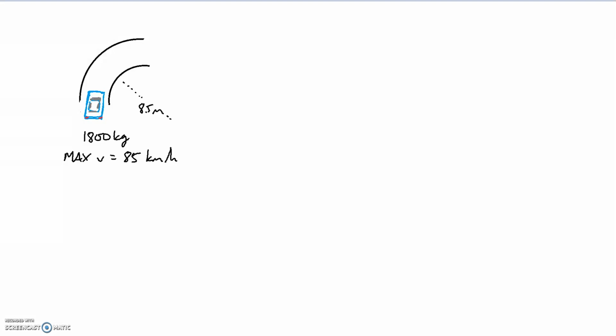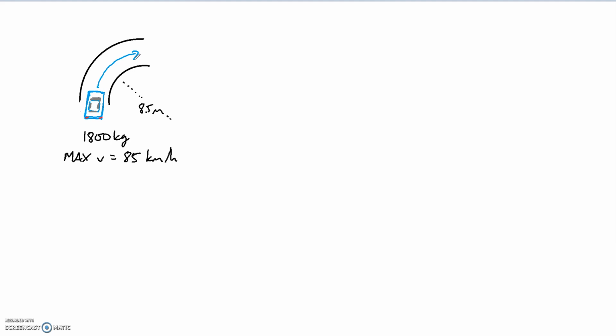So let's look at a car going around in a circle, and it's going to go around in a circular path, maybe on a roundabout or something like that. And let's look to see what happens with circular forces, which allows the car to actually go in a circular path. So we've got an 1,800 kilogram car going around a circular path with a radius of 8.5 meters, and